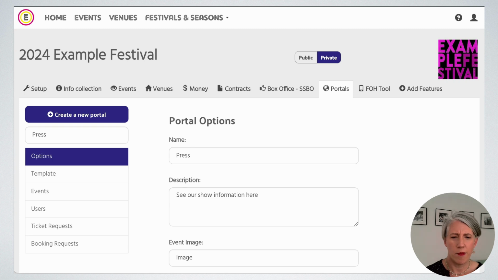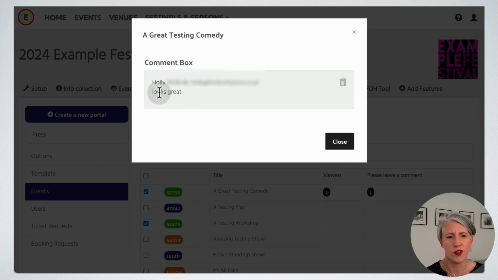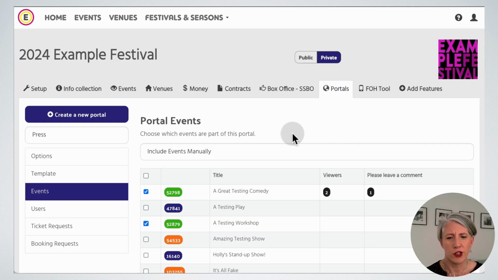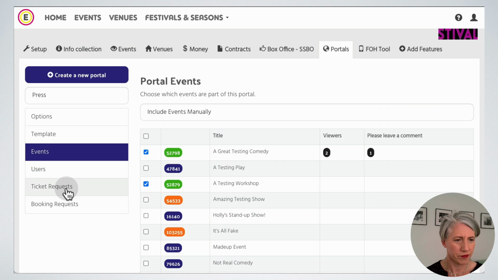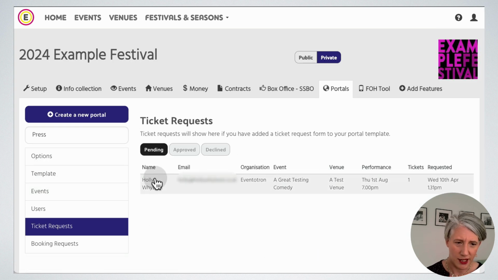And now I'm back in as the festival or season manager, and we're just going to see what that ticket request looks like. So I can go to my events list here, and I can see that that's been viewed, and I can see there's a comment there, and you can see by clicking on it you can read that comment. And now I'm going to my ticket request section, and you can see here's that ticket request I just put in as a user,